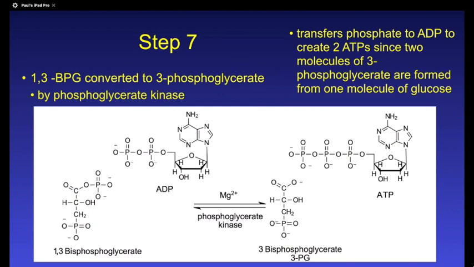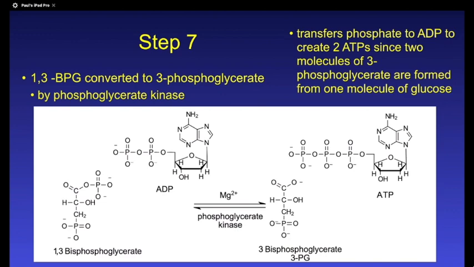Every other time that this has happened, I've actually had to use ATP and break it down. I've had to use energy. Here I added a phosphate to the organic molecule without using ATP. It is a very powerful reaction that nets us the potential to gain energy without investing energy. All right? Next reaction, the